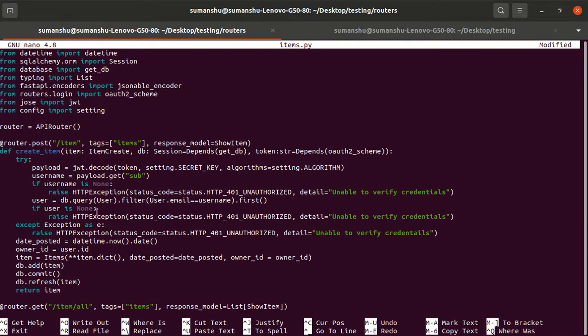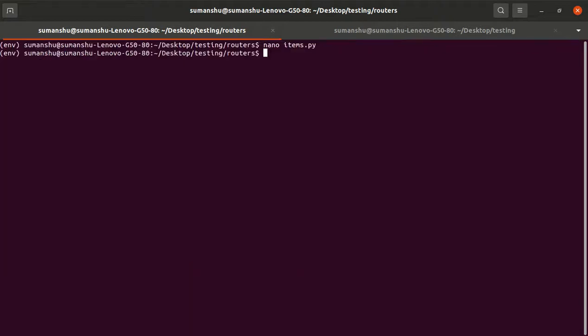So if user is None, it will raise an exception, otherwise it will go forward and get the owner ID. Let's test this first.